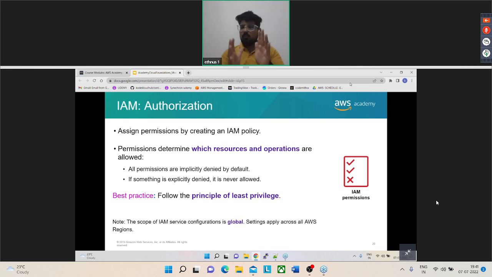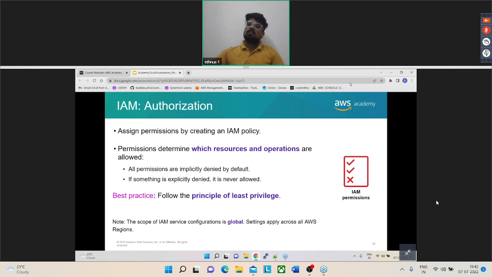Let me first tell you what is the difference between implicitly and explicitly. Suppose you are using an Amazon application, like Ashmita and Nitin are using the Amazon application. Ashmita is a normal user and Nitin is an Amazon Prime user. Suppose there is a Diwali sale going on, and it is written over there,